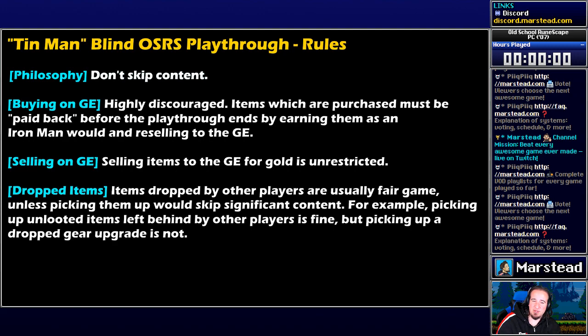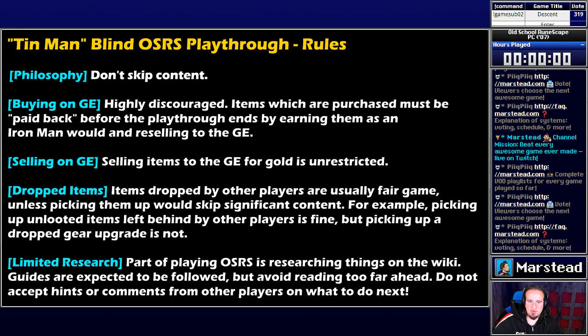But if someone were to drop a really important endgame piece of gear or a bit of crafting equipment that I'm otherwise unable to access yet, then that is not fair game. I don't fully land on that specific plan until a few more episodes into the series, so if you've seen me pick up something I haven't unlocked yet, like molten glass, rest assured that I eventually do make all of those things myself. And finally, kind of unrelated to the GE restrictions, I wanted to talk a bit about research